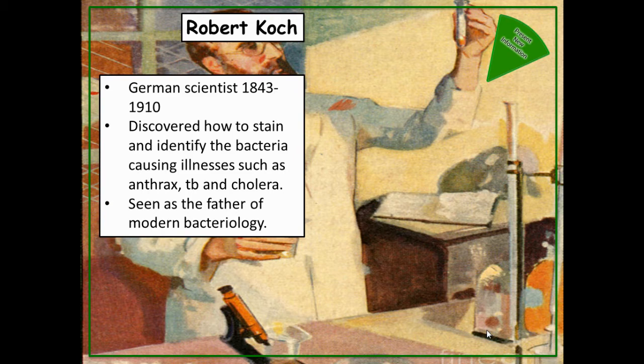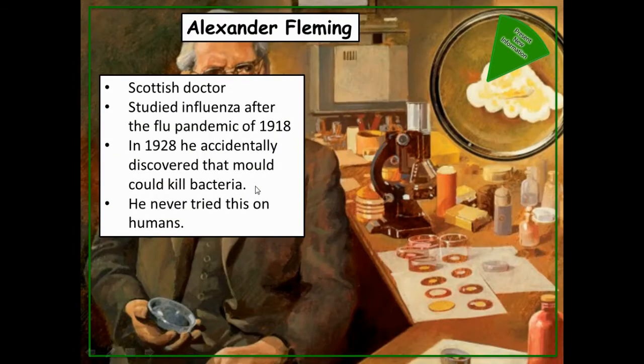Koch discovered, using Pasteur's research, he said, right, you've identified there's a germ, but you haven't identified specific germs. So he discovered a technique using Petri dishes. The Petri dish was something that was designed by one of his assistants to stain different bacteria so that he could identify the different bacteria that were causing anthrax, TB, and cholera. This is really, really crucial because that allowed scientists to begin to start to identify what drugs or treatments they could use to kill those bacteria. So it was the start of people inventing vaccines for these sort of illnesses.